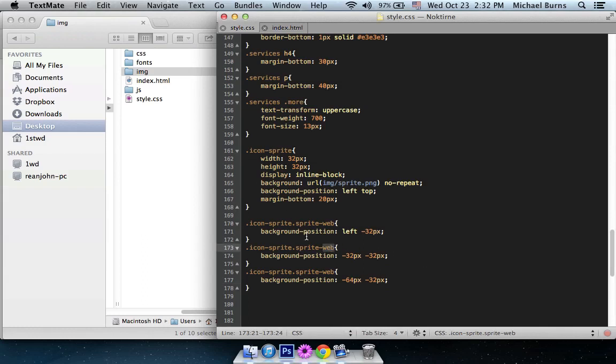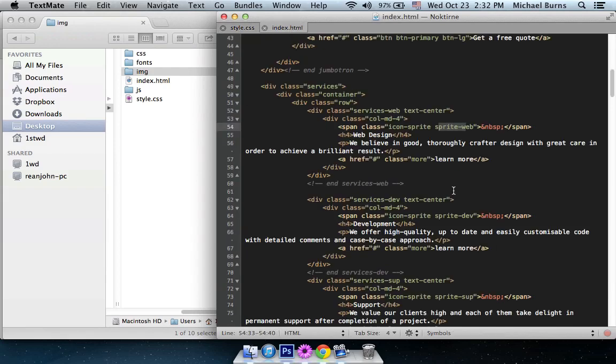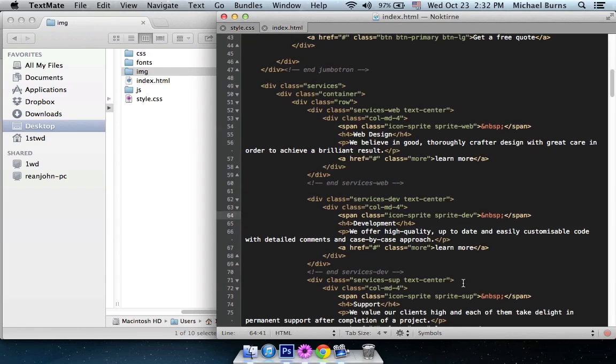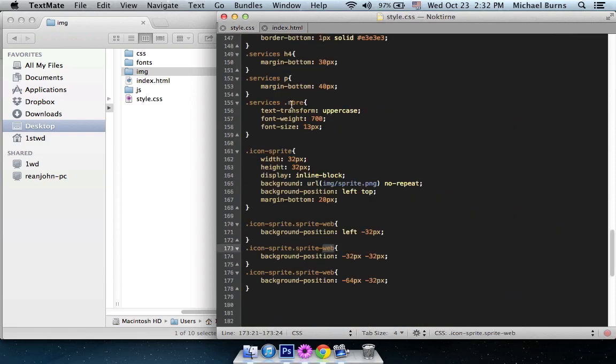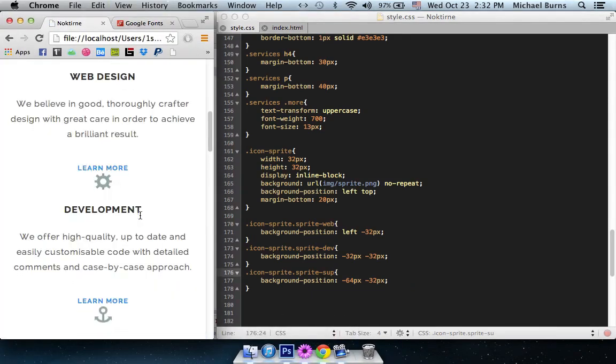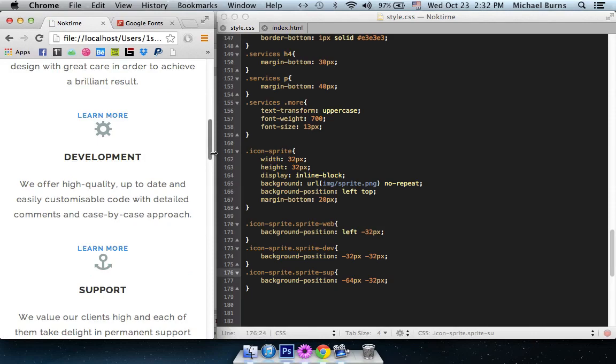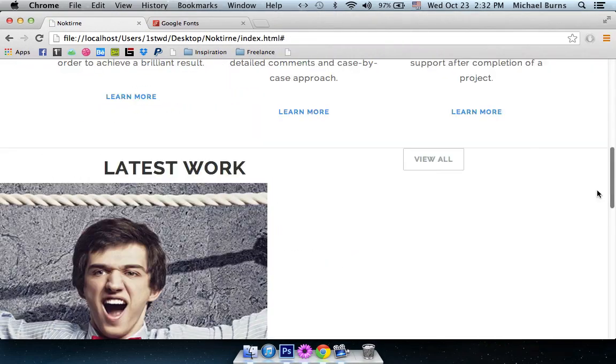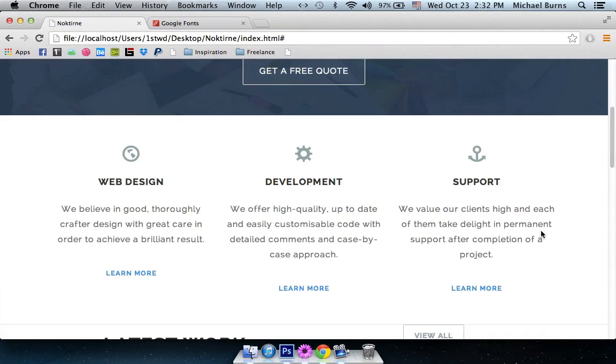Make sure you change the icon class name right there to dev, and the other one is soup. So dev and soup. Now hit on refresh. Now the icons are showing just right there,